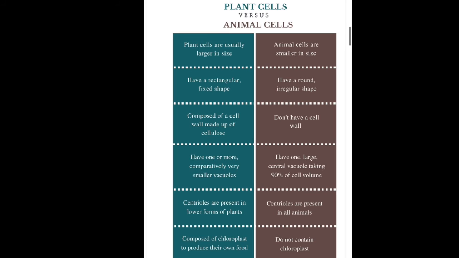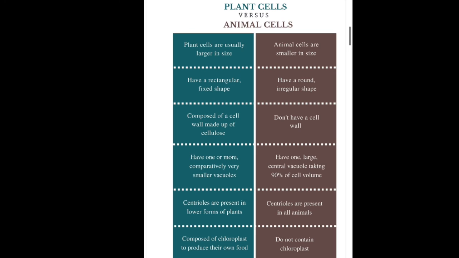The fourth one is for the animal cell, that vacuoles are generally absent or, if present, they are more in number and smaller in size. But on the other hand, in the plant cell, vacuoles are generally only one and larger in size. The fifth point for the animal cell is that prominent Golgi bodies are present inside the animal cell. On the other hand, dictyosomes, which are subunits of the Golgi bodies, are present inside the plant cell. So prominent Golgi bodies are not present inside the plant cell.